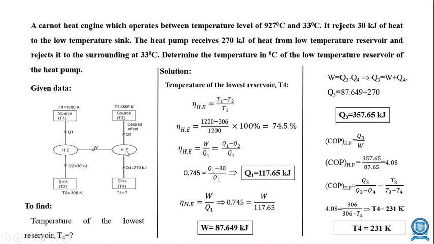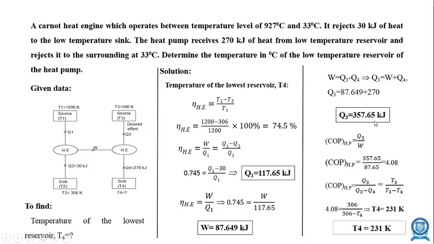And it rejects this heat to the surrounding at 33 degree centigrade, that is considered as 306 Kelvin. So therefore we are going to find the value of Q3. Q4, as you know, is 270 kilojoules. The work done formula is equal to heat supplied minus heat rejected, here Q3 minus Q4. Here we know the value of W, we know the value of Q4, the unknown is Q3. So from this you can find the value of Q3 is equal to